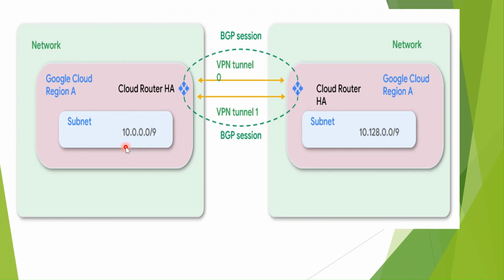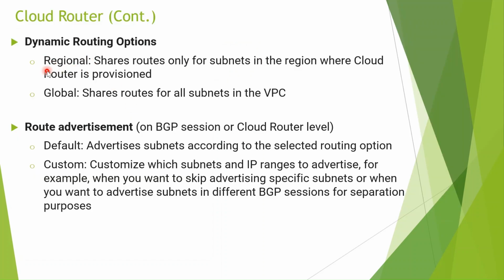Now suppose you have 20 custom subnets, and all the subnets are in different regions. Once your cloud router's VPC is in global mode, it will share all the routes. It will say these are my 20 routes, and if you want to reach any route, you can just send traffic. So it is very important when you create your VPC whether you want regional or global. It also depends on how your network infrastructure and architecture are set up, so it all depends on the organization's needs.